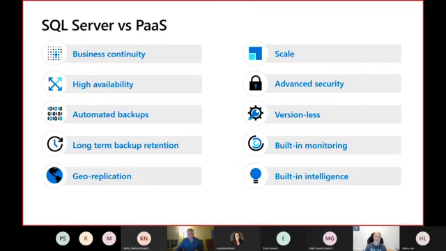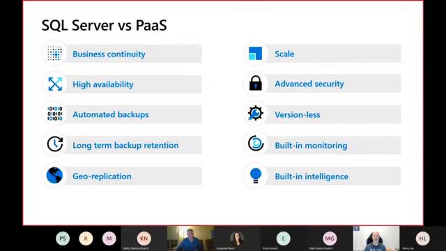Of course, there is a cost implied, right? You have to pay for that. But scaling for any of the Azure SQL services, and also most of the Azure services, not only related to SQL or data platform, the scalability option is really easy.